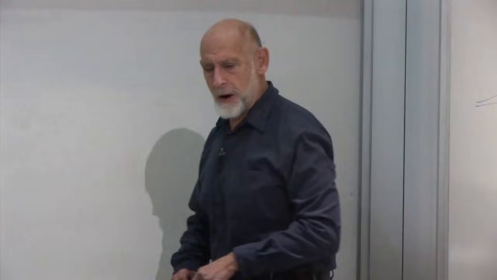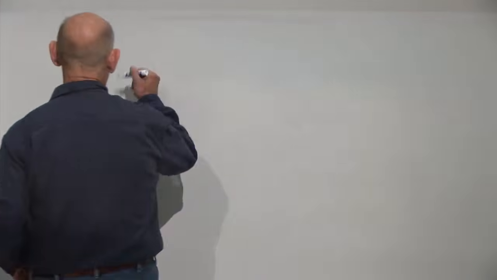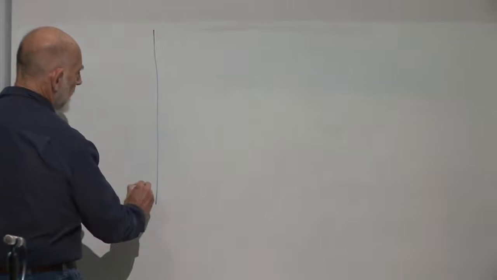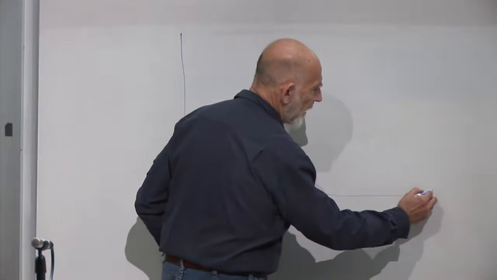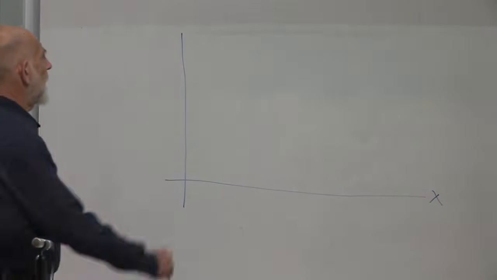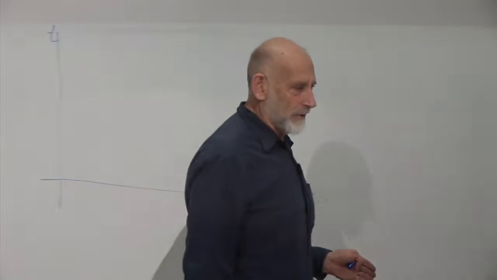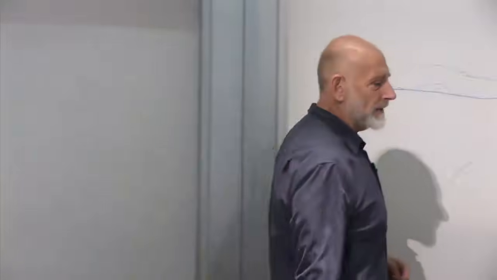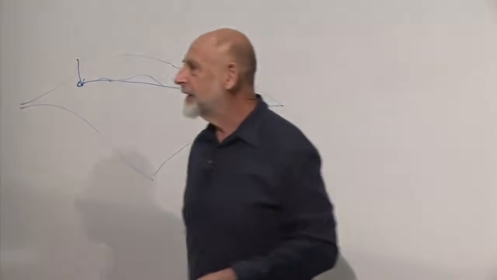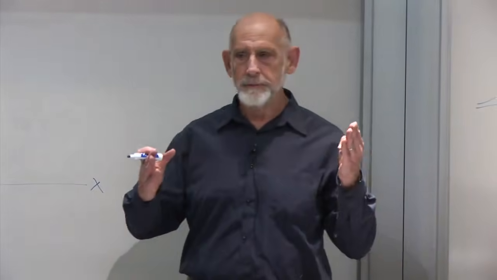The special mechanics problem that we always deal with first is a motion on a line, one-dimensional motion on a line. And we can think of the horizontal axis as x, the vertical axis as t. Now, t is the independent variable. Usually you plot the independent variable horizontally, but because time, as everybody knows, flows upward,